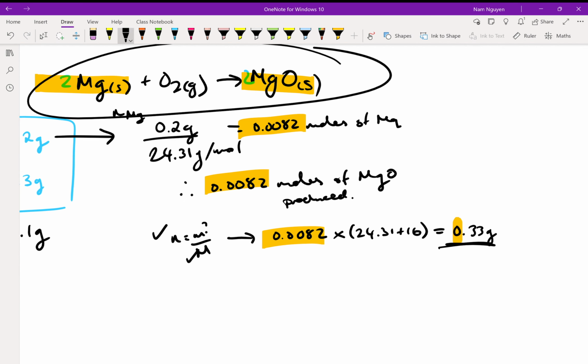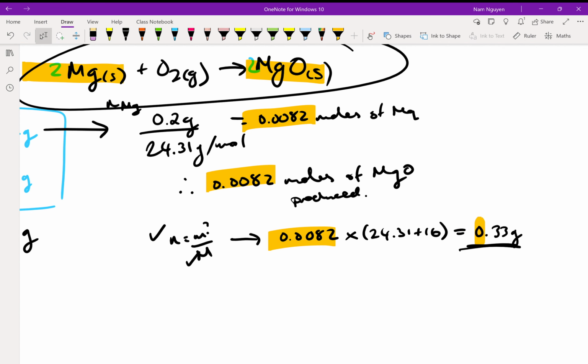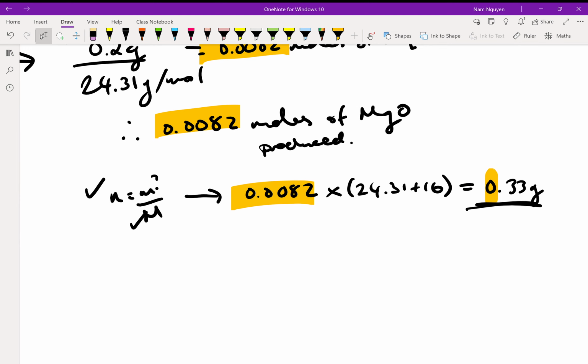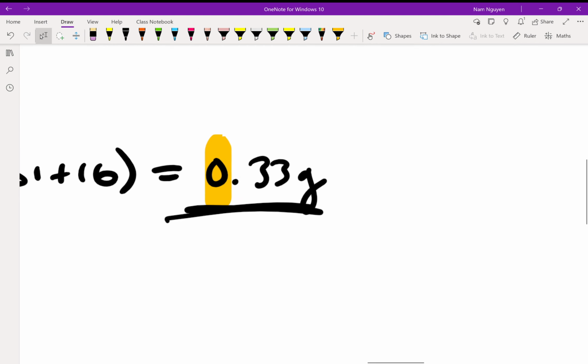Well, they're the same number, right? Because it's the same ratio. So we calculate the number of moles of magnesium, which is equal to the number of moles of magnesium oxide we should have produced, and then I convert it into mass to find out how much I should have had in total. So this here